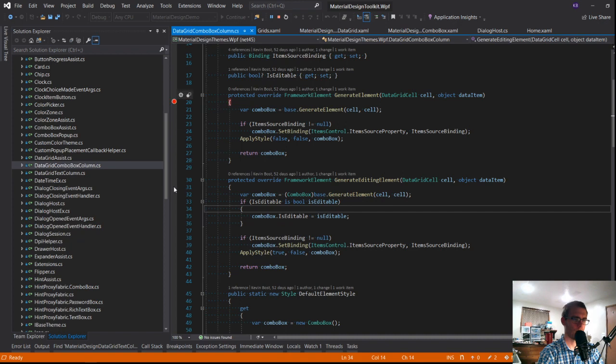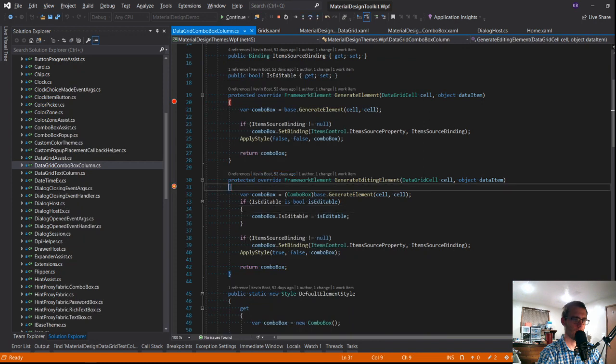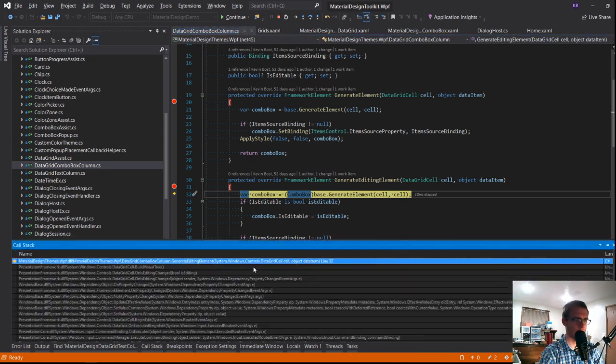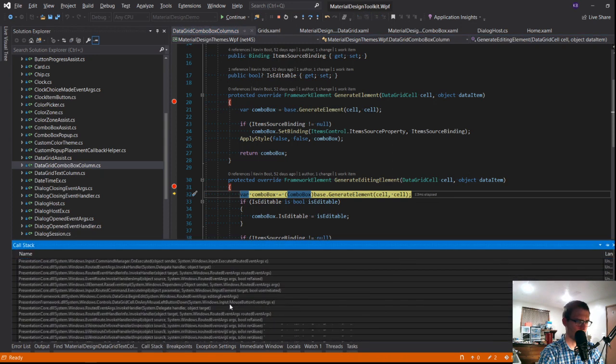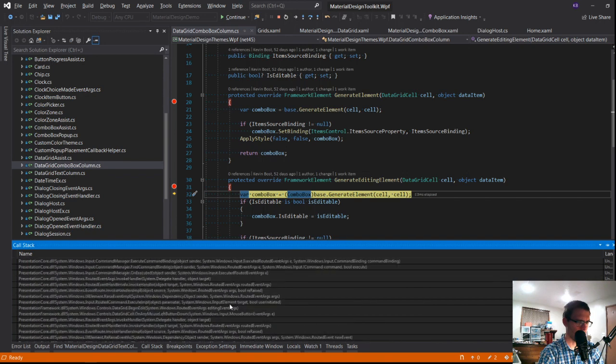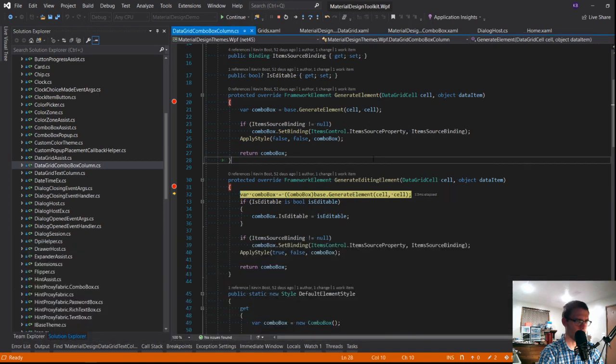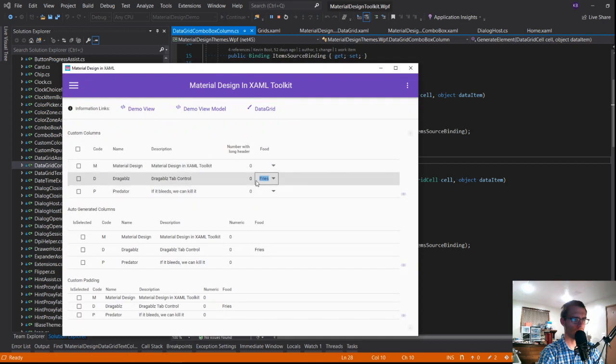So I'm sort of curious here because I would expect that. So that triggers generate editing element. Let's check our call stack. Where did we come in from? Oh, big long line of stuff. But the key bit here, I think, is that it is being handled. Data grid cell on is editing changed. So is editing is being changed, which is what's triggering it.